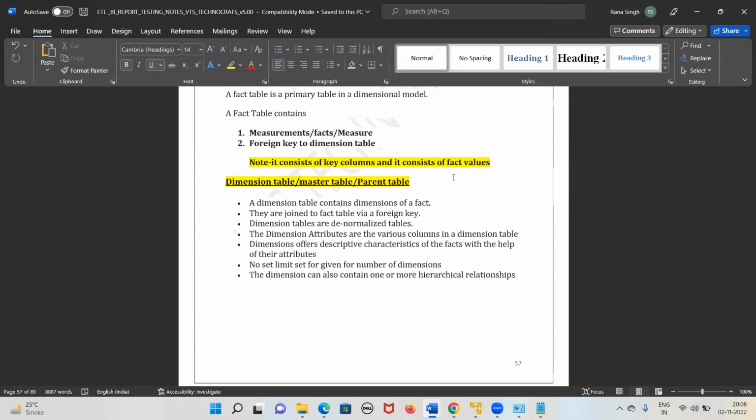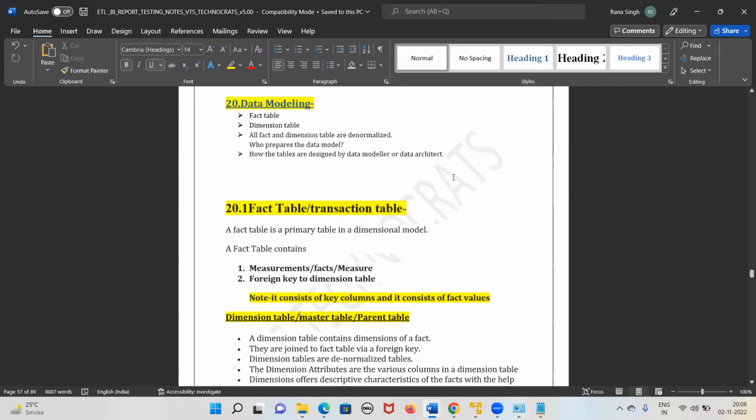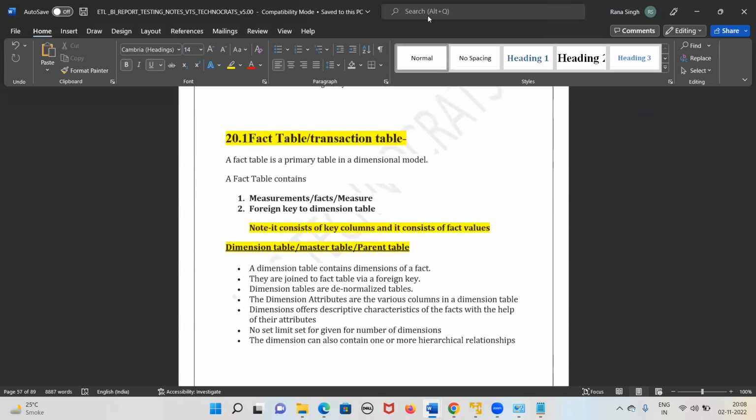Denormalized, always, fact or dimension? Both are denormalized. What does denormalized mean? What is denormalization, guys? Anyone remember? Anu, do you remember? Rakesh, what is denormalization? Anyone, guys? Data is not in a proper way, so